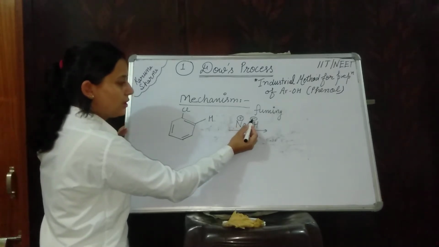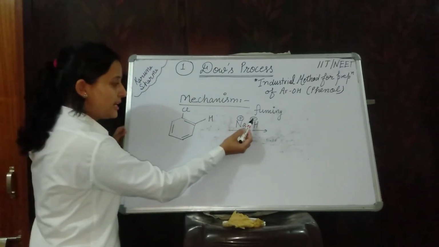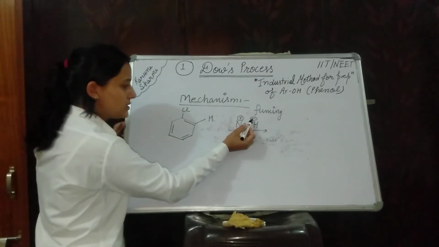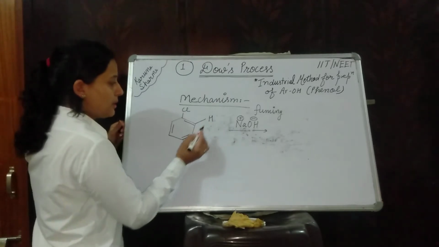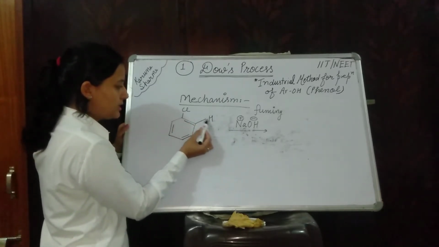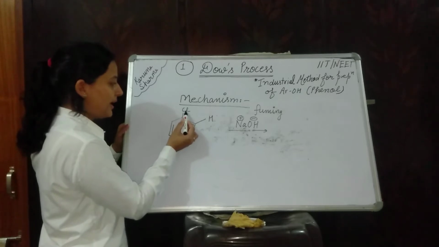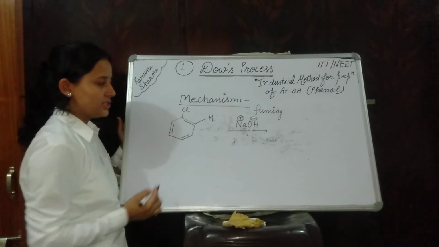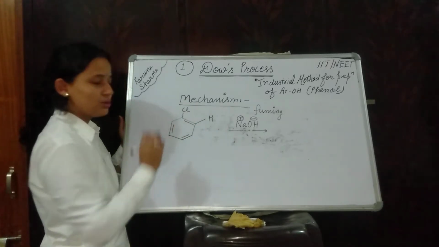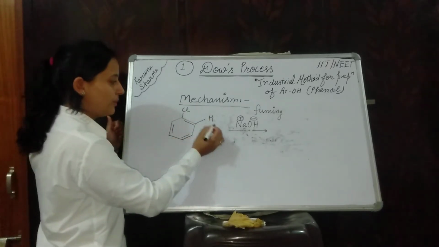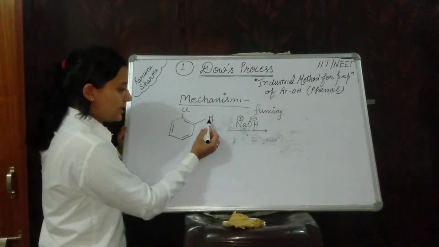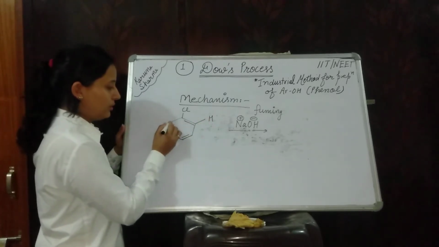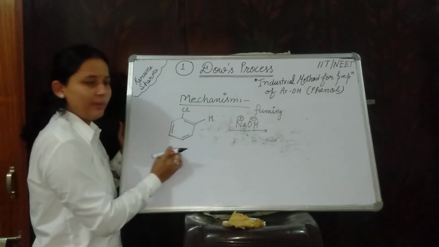Base. What is the work of the base here? The base can abstract the proton, but here the question arises, why does the base abstract this proton only? Because this proton is near this chlorine atom and chlorine is electron withdrawing in nature. It will increase its acidic nature. So removal of this hydrogen atom can be done in a very proper way. This hydrogen and this hydrogen are both the same, as both are on the ortho position of chlorobenzene.